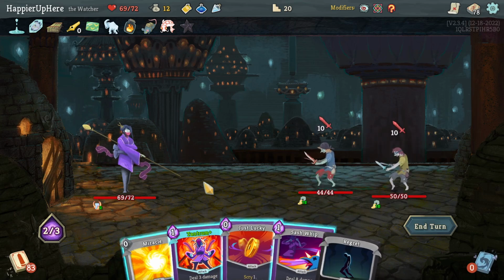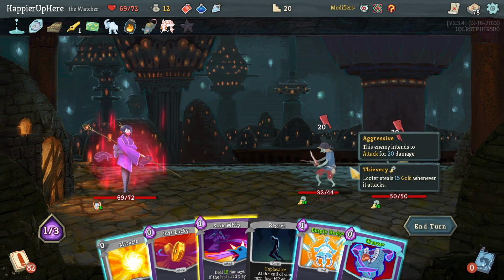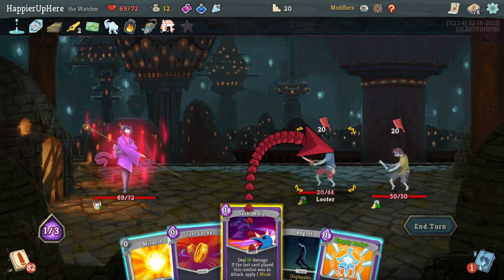Yeah, well, it depends on what I'll draw. Let's risk it. It's fine, hopefully. All right, I got an Empty Body. That's great. Let's do Weave. Just Lucky. No, let's do...